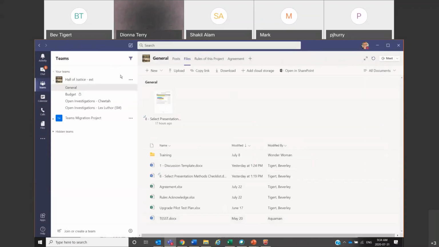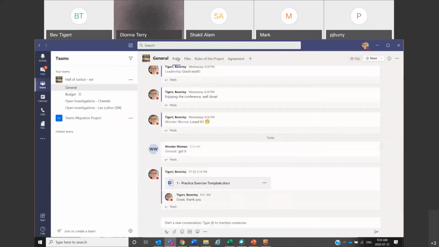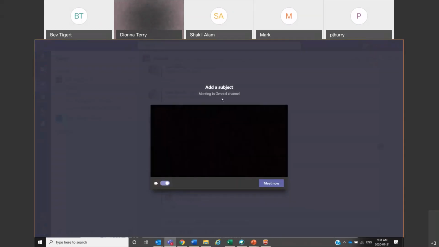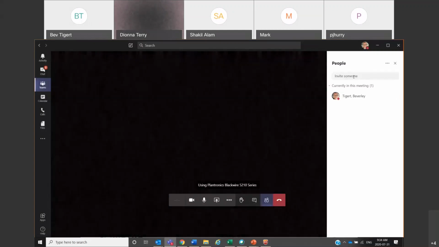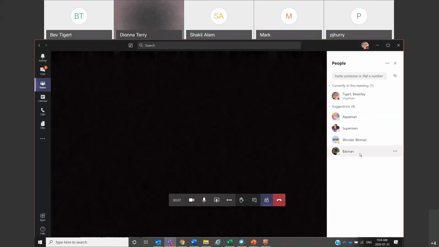So now there's the lay of the land in posts, right? You can see this is brand new. For those that took session 1, remember what's new? This was a new one. So I could actually go meet now. I could add a subject heading up here to say what it's about, add meet now. Can everybody see it? Meet now. And then here is where I would add who I want to meet. Again, it's all the people that are a part right here. So everybody that was a part of that particular channel, I'm meeting with all of them.